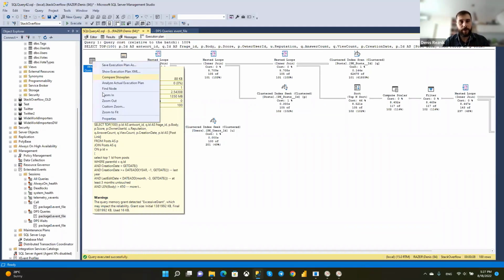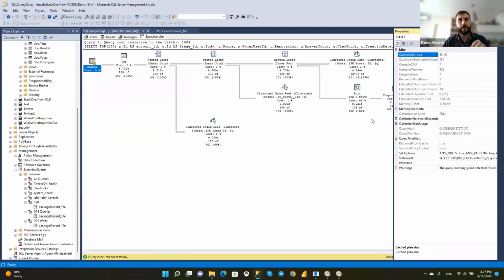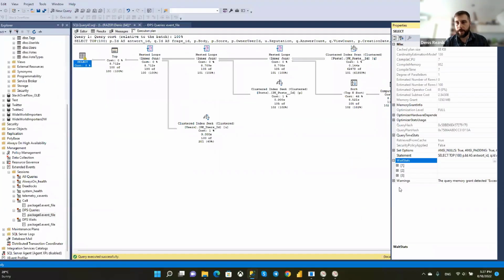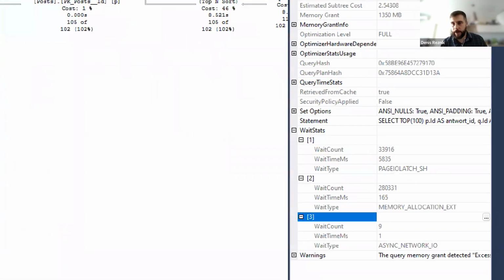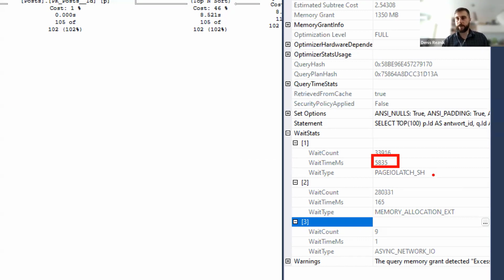And right now, since 2016, we can check in the execution plan what this query is waiting for, because we have these wait stats. Let me expand all this. And you see that the wait time, almost 6 seconds, is PAGEIOLATCH_SH. What does it mean?